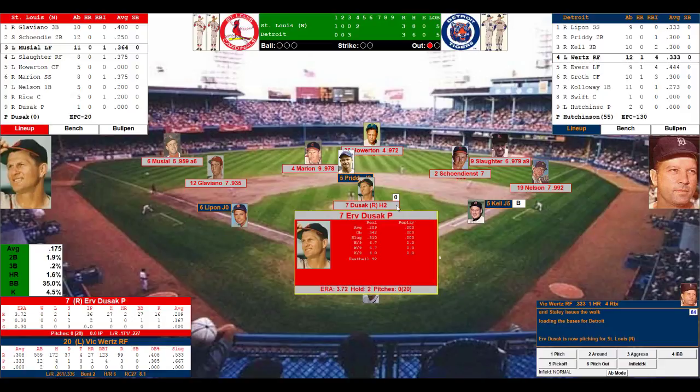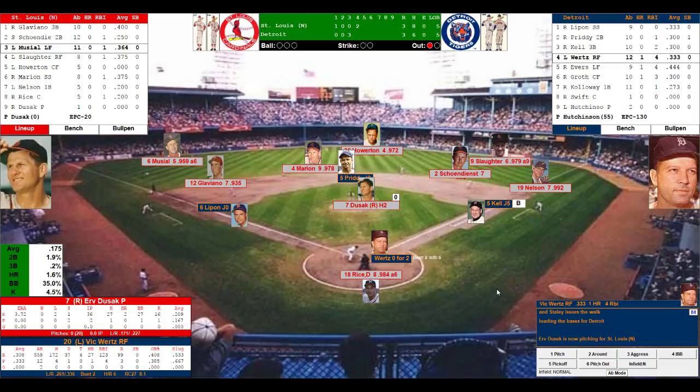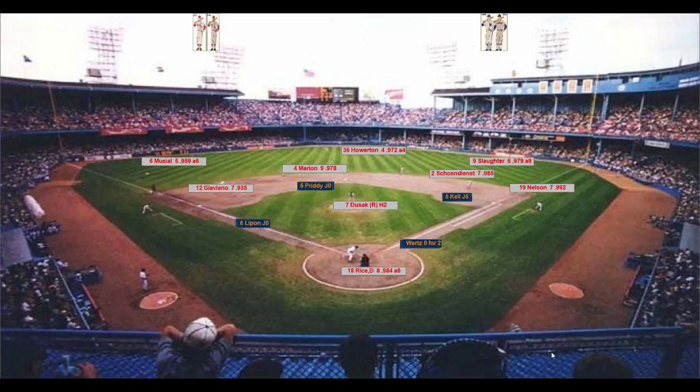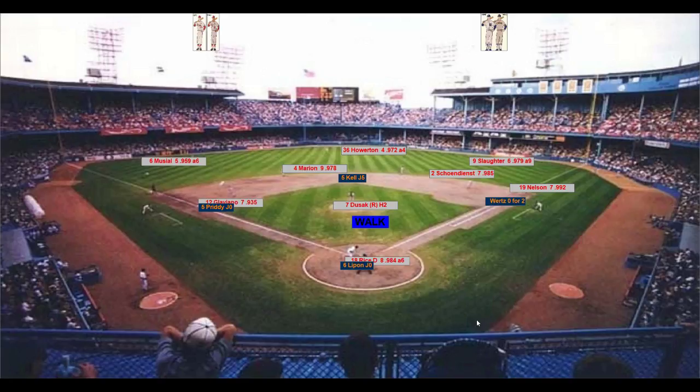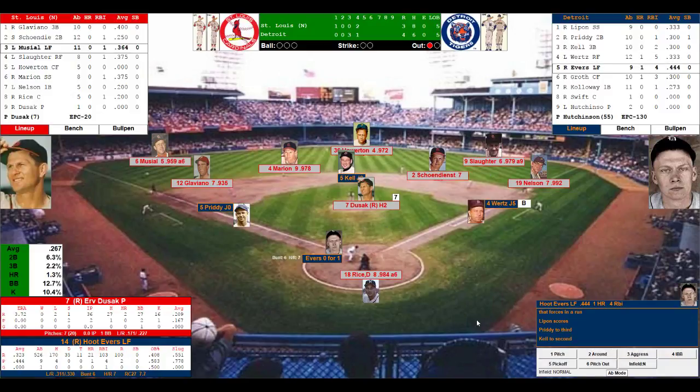Dusek in the playoff has 2 saves and 2 innings pitched. He's given up 1 hit, 1 walk, and he struck out 1. In actuality, in 36 innings pitched in 1950, he was 0-2 with a save with a 3.72 earned run average. Dusek to face Vic Wertz. No place to put Vic. The windup and the pitch by Dusek. And he walks him! Go-ahead run scores from third. Vic Wertz will be credited with an RBI. It is now 4-3